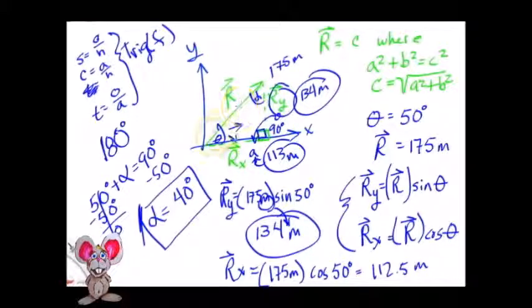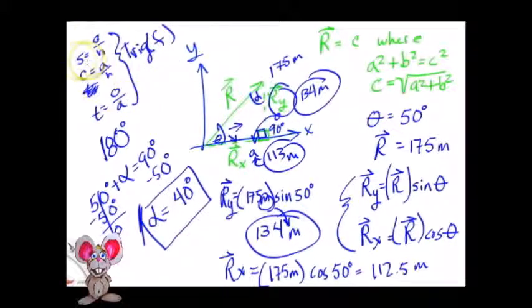So every vector can have a right angle of component vectors built off of it. And then you'll see in the next video how we'll take the component vectors of multiple vectors being applied to one situation and then find out what the resultant overall vector is of all of those vectors by using these component vectors. So the main thing we need to take away from this is make sure that we understand that